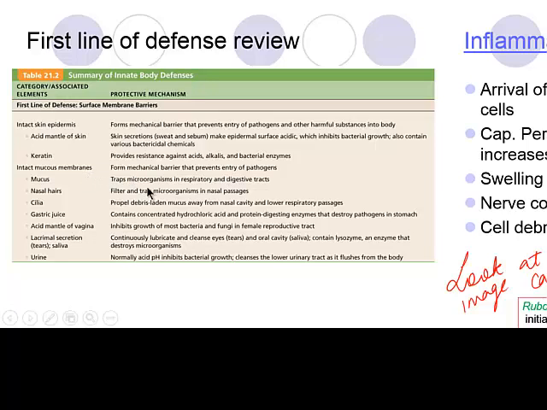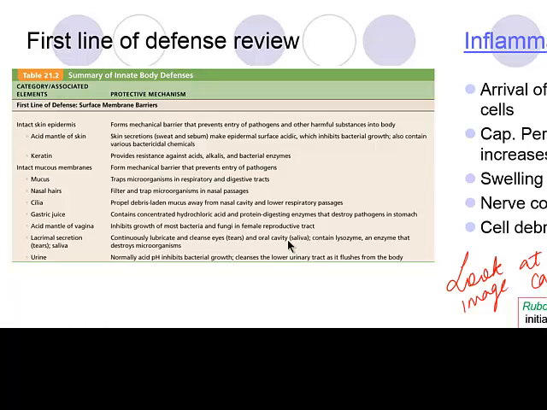Mucous membrane mucus traps microorganisms, and hair-like cilia and hair itself trap them. Gastric juice is hydrochloric and protein digesting, destroys pathogens, and prevents them from colonizing. Lacrimal secretion and urine flush and cleanse that area, and they contain lysozymes, which destroy